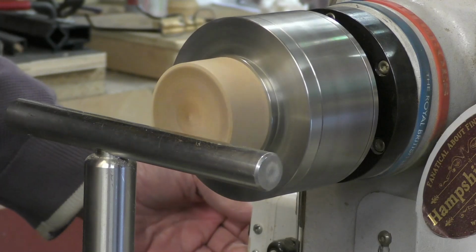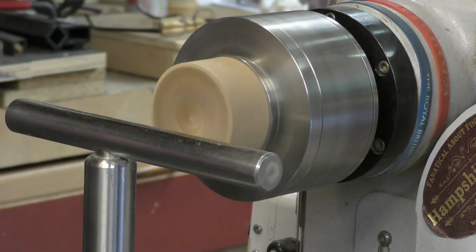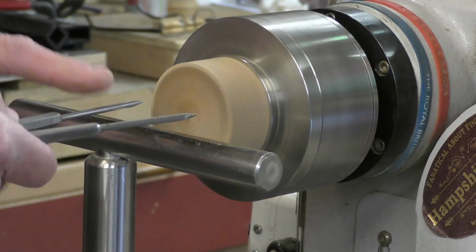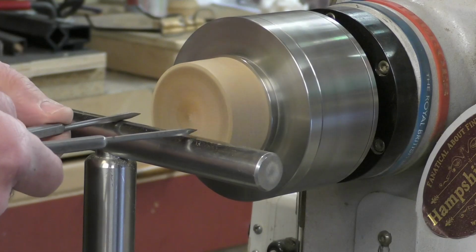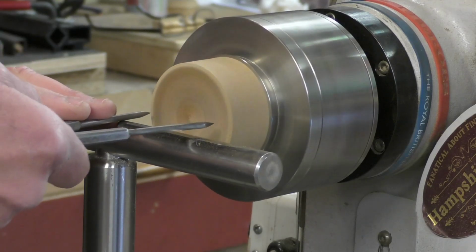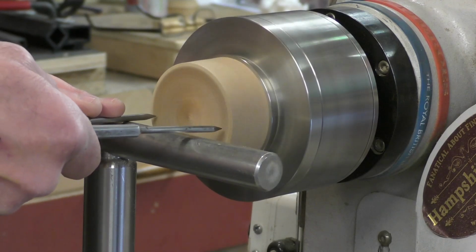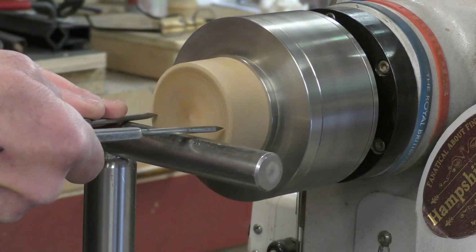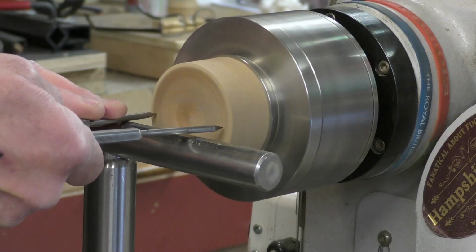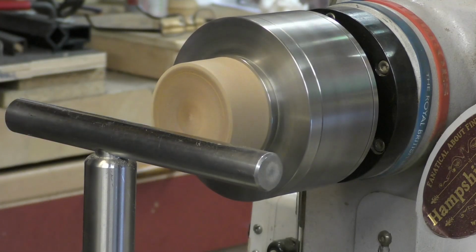Now if you use this method, all you do is present the left leg to the wood. Don't engage the right leg, otherwise it'll spin like so, and eyeball it, and when the lines match up, just there, a little bit over. Okay, so the outside line is around there, so I'll just make a mark with a pencil